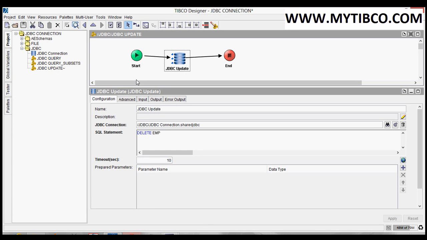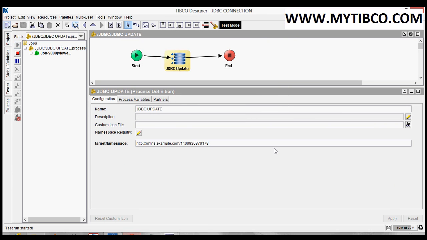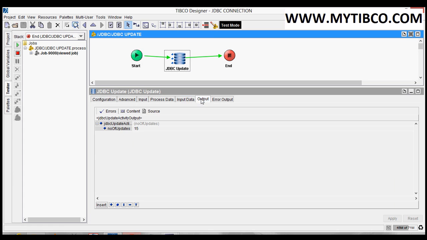Click on apply, save this project and run it. Now it has deleted the data in this table. Let's see the output. See, the number of updates is 15. It means it has performed the operation on 15 records, that means 15 records are deleted.